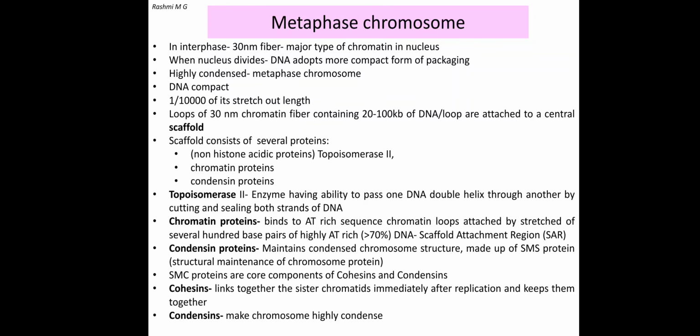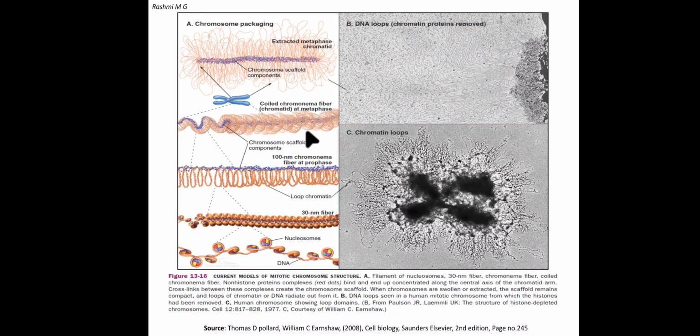This cohesin has its function during anaphase and during metaphase also, where the sister chromatids are attached to the centromere by the help of this protein itself. Condensation makes chromosome highly condensed. So in the next picture you will come across the clear picture of chromosome packaging. See here, the chromosome scaffold components, the proteins which we discussed right now, act as a support system for these loops,